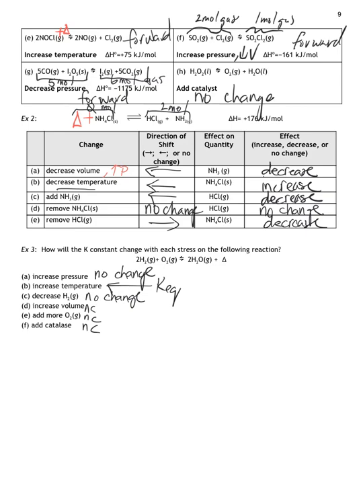So KEQ is temperature dependent, and because it's temperature dependent, that's the only thing that will change it. In order to know how KEQ will change, we need to understand whether it's endothermic or exothermic. And from the looks of it, it's exothermic in the forward direction because I see heat right here. So consider an increase in temperature. If you increase temperature, according to Le Chatelier, you're going to try to absorb that heat, which means the reaction is going to shift